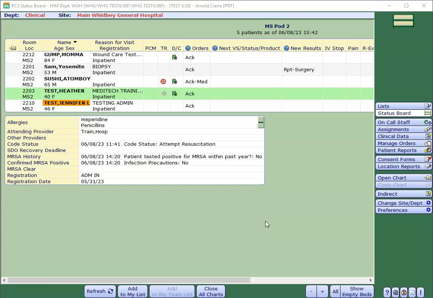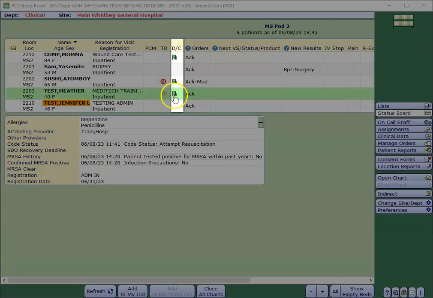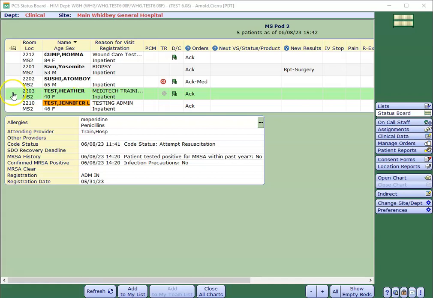Once the provider has placed the discharge order, the patient will be flagged for discharge on the status board, which you can see under the DC column. There will be a green flag. So I'll go into my patient chart